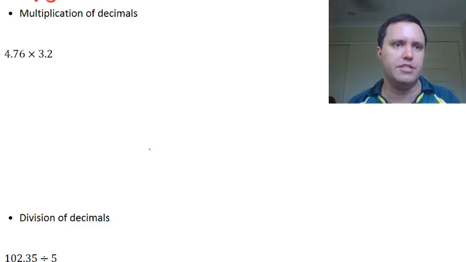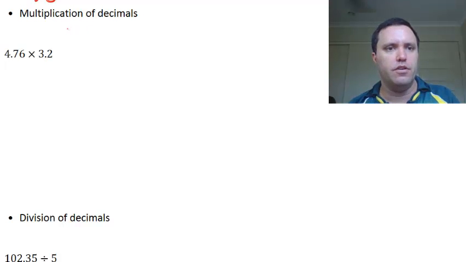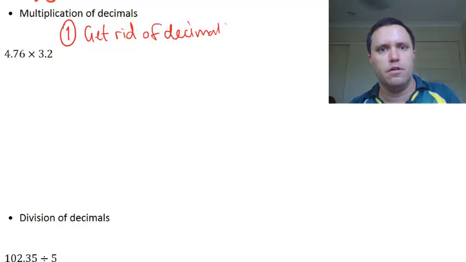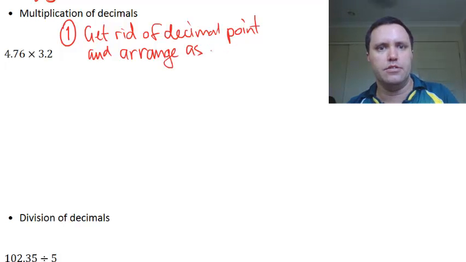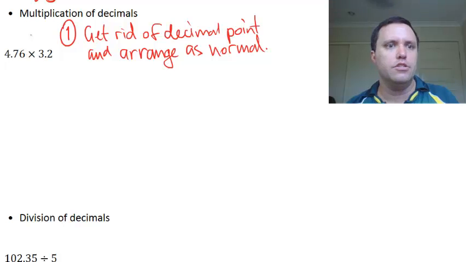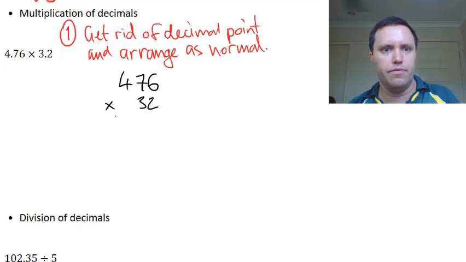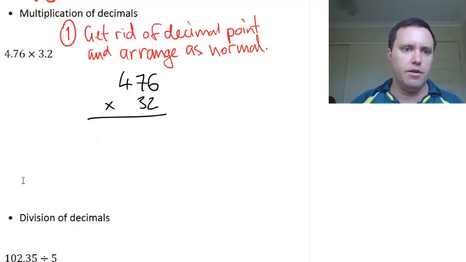Alright, so multiplication of decimals, this is where it might get a little tricky. Okay, so there's a couple of steps we do. So first off, get rid of the decimal point and arrange as normal. Okay, so we get rid of our decimal points, so we'll have then 476 times 32. Okay, we arrange it as normal